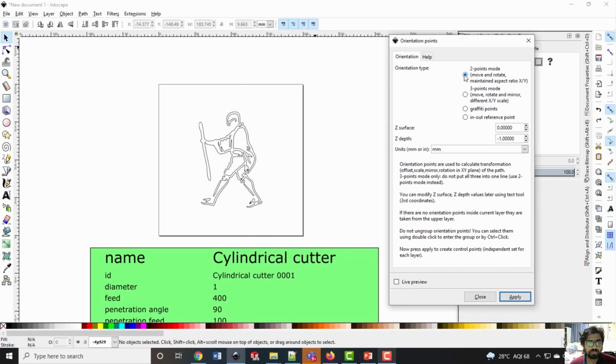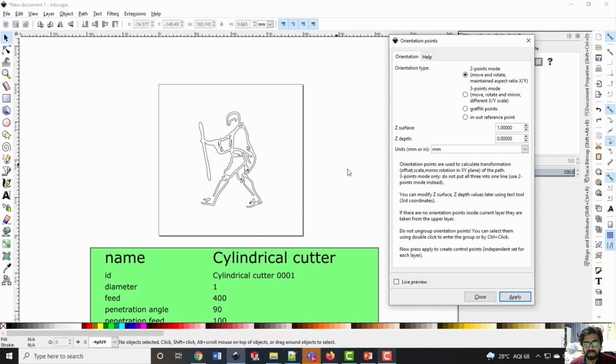Here if I select this 2-point method, it will create a 0, 0 on this sheet, and of course it will also ask me on this surface what is the value of Z, and if you want to cut the material, what will be the depth of the tool to which you want to go. So for example, I am saying that my surface is right now at 1 and I am going to go at a depth of 0 while depositing the material.